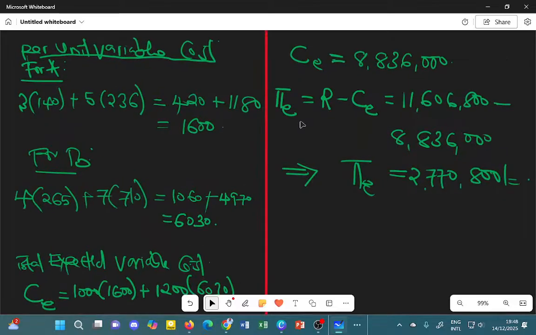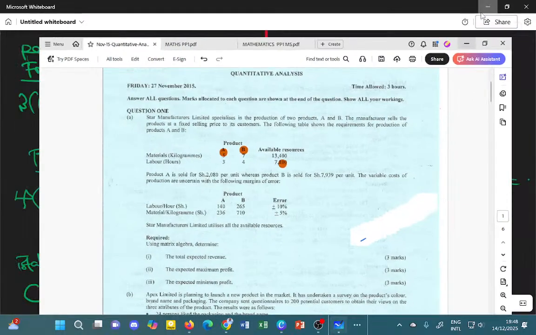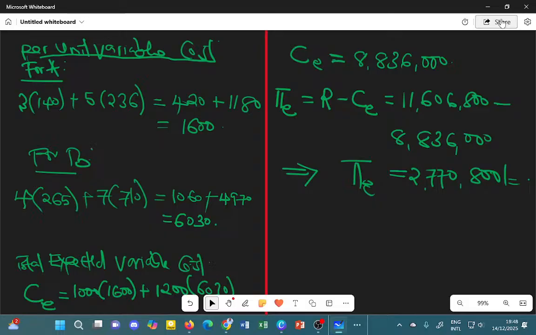And we proceed. So that being the expected profit as required, because the question had required us to get the expected profit. So we see that the expected profit is that. But then the question 2 is the expected maximum profit. So for the expected maximum profit, we use the error margins as given. The error margin we are given to be plus or minus